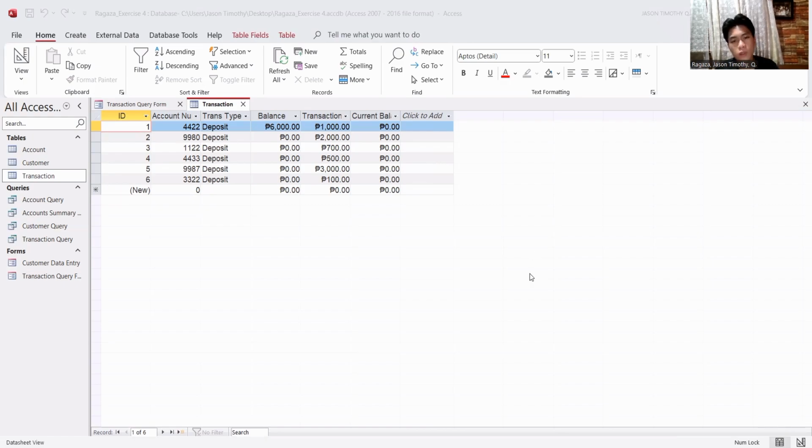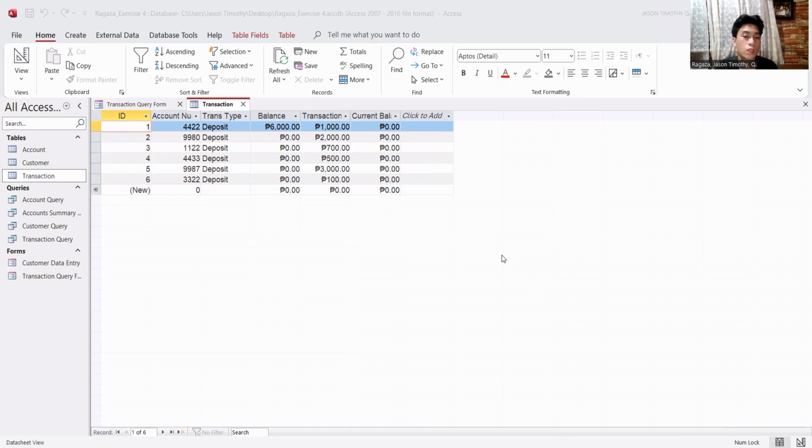Our next part is that we are going to move on to creating and running a report. In this example, we are tasked to create a simple report for a single table using the report wizard. As with the queries and forms that we did, we begin by selecting the Create tab, then Report, then click on the Report Wizard on the ribbon.